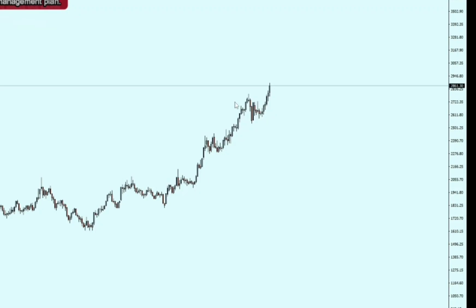In this video, we'll analyze these movements in detail, identify key support and resistance levels, and discuss the best entry